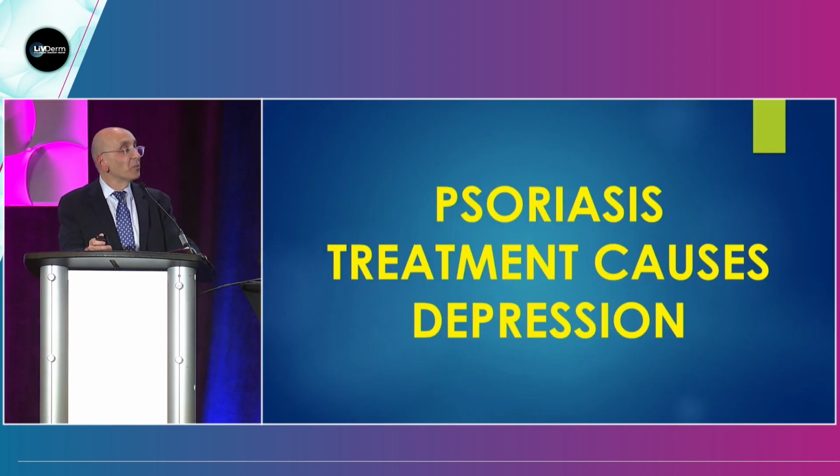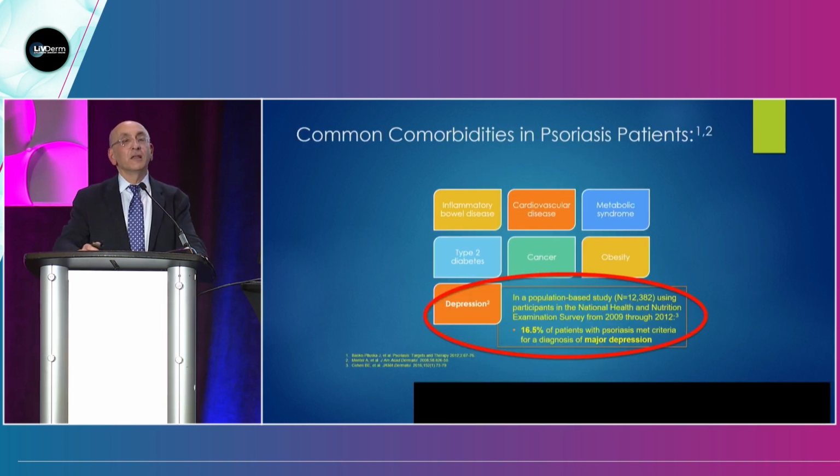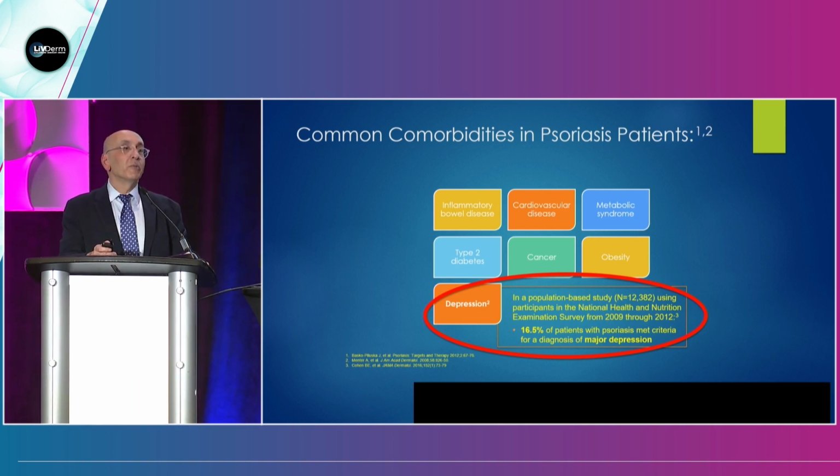So why is that? A couple of myths. Psoriasis, and I'm going to concentrate on the biologics for psoriasis, but this can be extrapolated to any drug with a heavy package insert, what I call. Psoriasis treatment causes depression. Is that myth or truth? It's really a myth, and this comes from the drug brodalumab, which is Siliq, that requires a REMS because of the depression, because during the study, 4 people jumped off a window and killed themselves. And unfortunately, the agency put this REMS requirement on it. Is it the drug or is it really the disease?